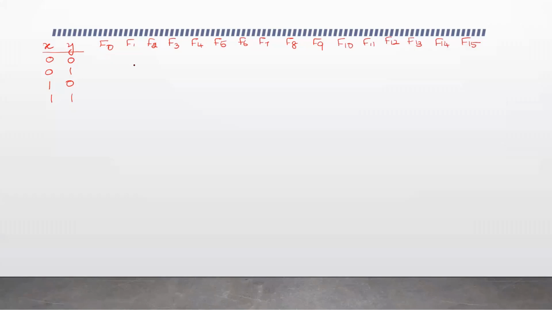So here, if I write all the 16 combinations that can be made with these two bits, I write it this way: 0 0 0 0, all the bits 0, and 0 0 0 1, where the least significant bit, the last bit, is 1 here, and then 0 0 1 0, 0 0 1 1, 0 1 0 0, 0 1 0 1, 0 1 1 0, 0 1 1 1,